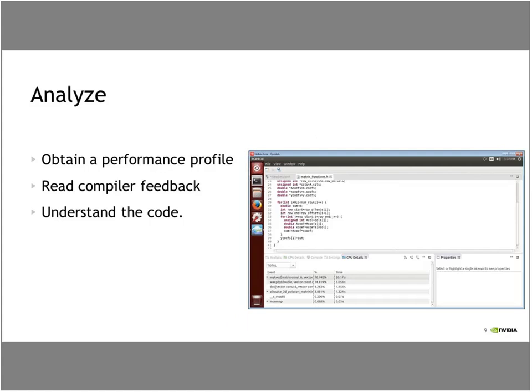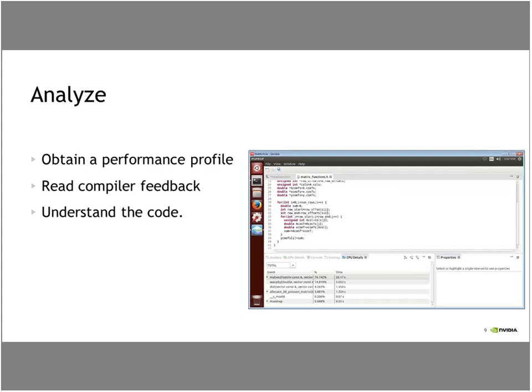Analyzing your code involves getting a performance profile, and we used the PGProf tool to do that last week, and that helped us to identify what are the important functions within our code. In the case of this example code, there were 3 important functions, and it helped us understand what are the loops within those functions that we need to concentrate on. We talked about reading compiler feedback. So the compiler does a good job of giving you messages to tell you what it sees in your code, what transformations and optimizations it does to your loops, how it is parallelizing your code or not parallelizing your code,